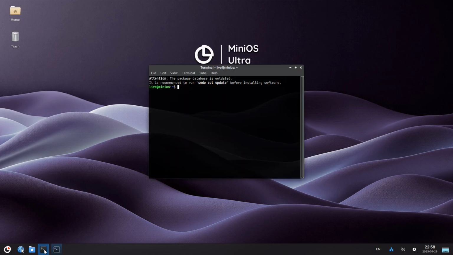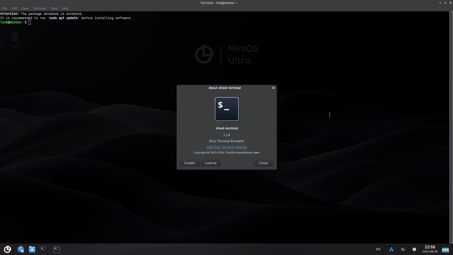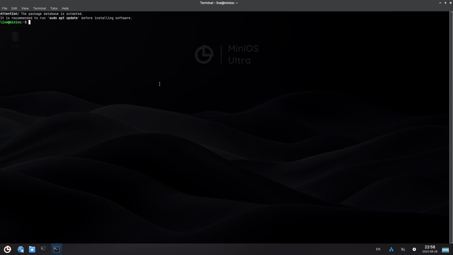So let's open up a terminal here. Let's see what terminal. This should be the XFCE terminal. And it is the XFCE terminal, but let's take a look at it. And I do see right here it does say sudo apt update before installing software. All right, so it is a Ubuntu Debian based system. So we'll do a sudo apt